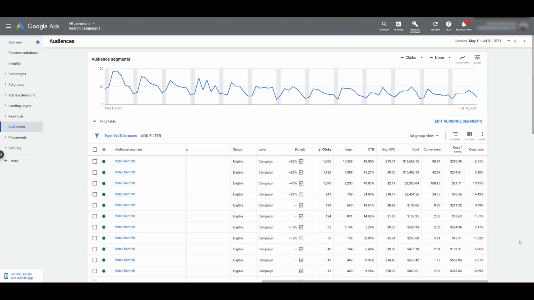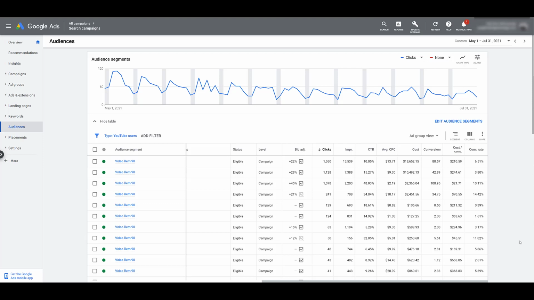We need to remember that people go to YouTube to watch videos. You may have a great video, but they may skip it because they're not ready to buy yet. But are you influencing that user's decision? Are you using memorable creative that's going to stick in the user's head, that's going to help them go back, search for your brand name, search for your product names on google.com, click on your text or your shopping ads,